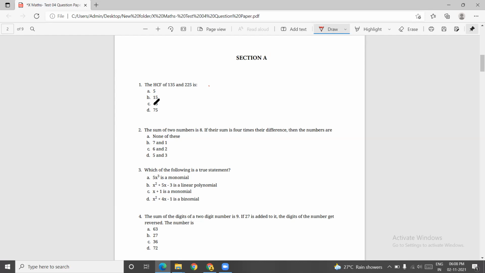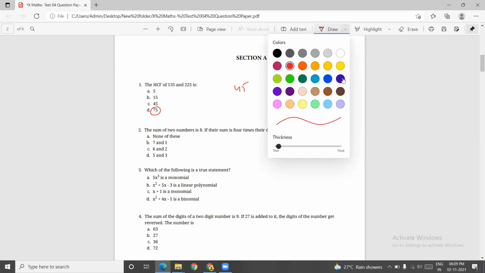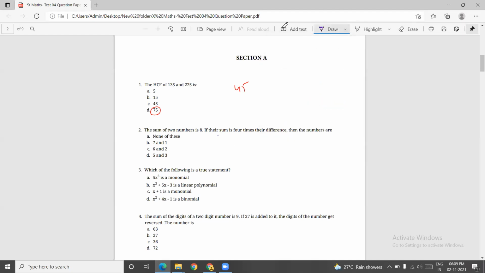So like that also you can think over it. 5 is a factor, 15 is also a factor, 45 is a factor, but 75 is not a factor. Out of these factors, for the highest common factor: 5 is a factor of 135 and 225, 15 is a factor of 135 and 225, 45 is a factor of 135 and 225. So without calculating, I can conclude the answer is 45. How many of you got the answer 45, students? Understood, guys, what I'm saying? Without calculating, how to do it? Yes, sir.